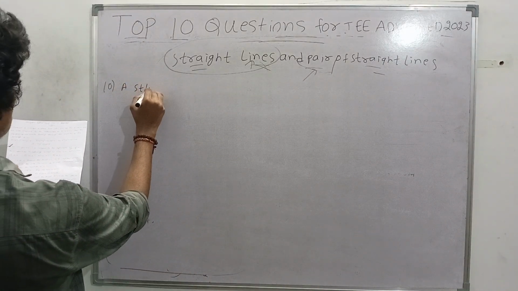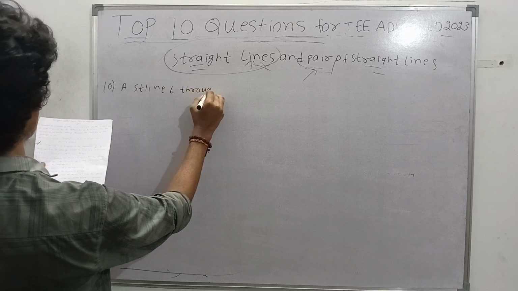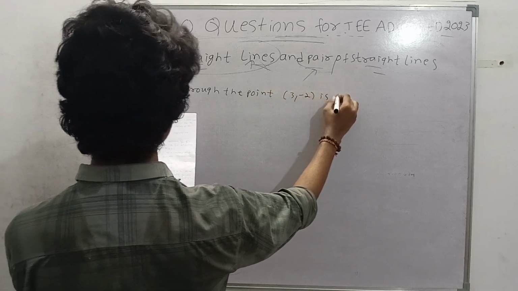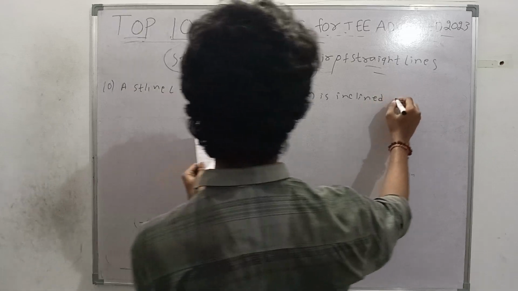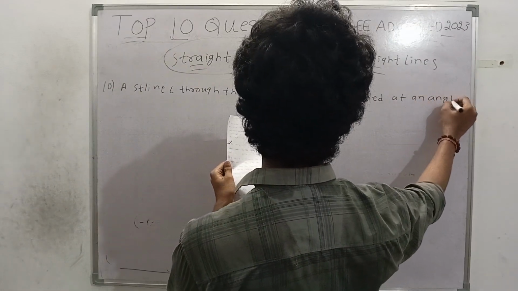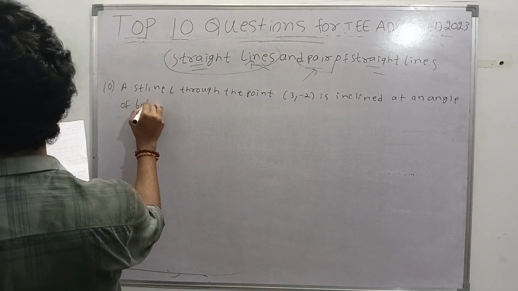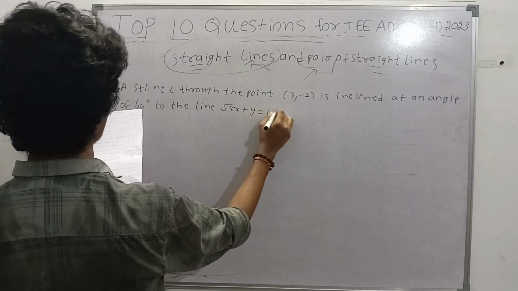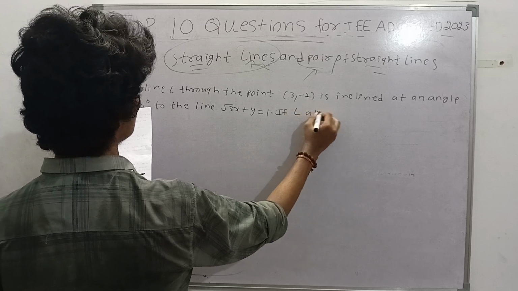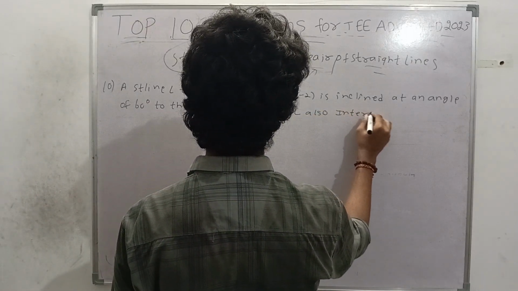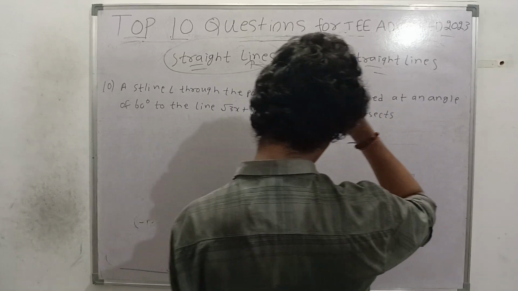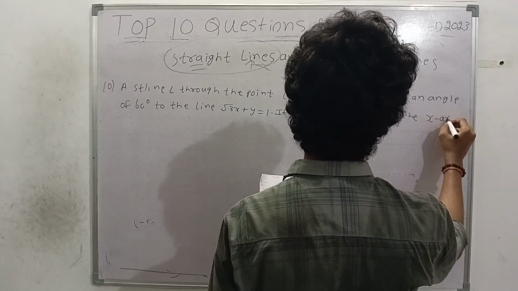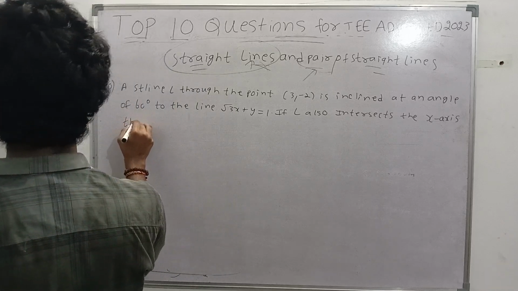And the last question is: a straight line L through the point (3, -2) is inclined at an angle of 60 degrees to the line root 3x plus y equal to 1. If L also intersects the x-axis, then